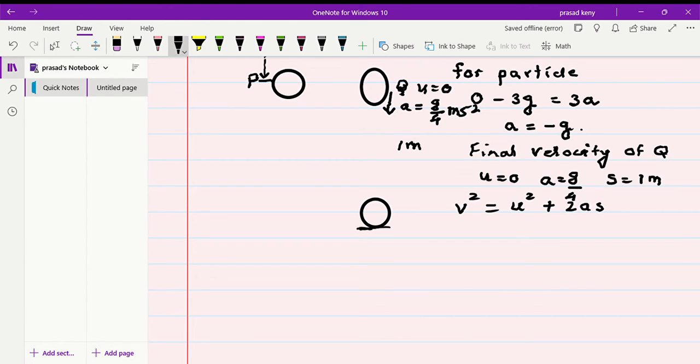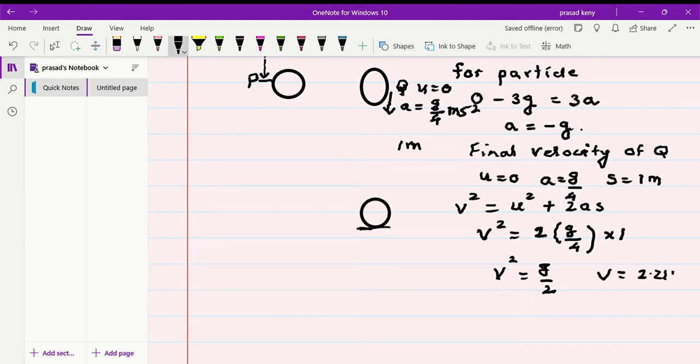Now u is 0, so we get v square is equal to 2 into g upon 4 into 1. So that is v square is g upon 2 and v is equal to root of g upon 2, which is